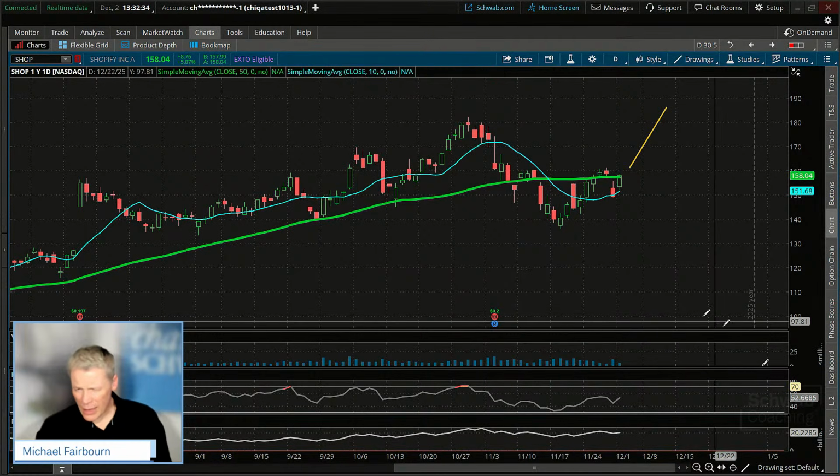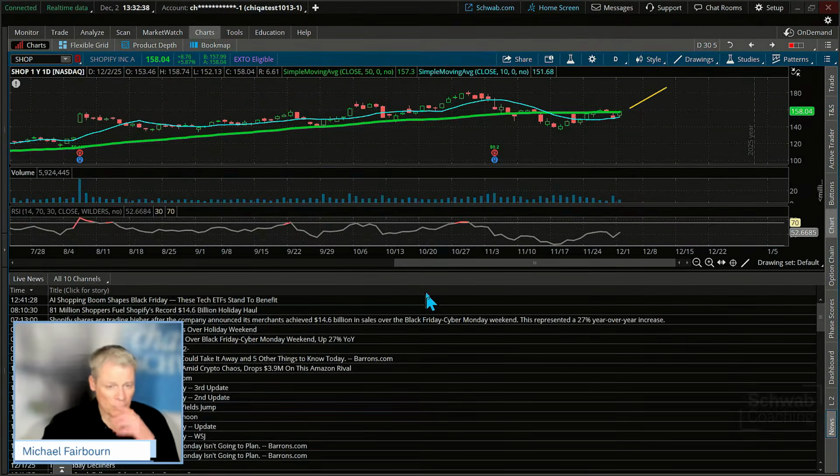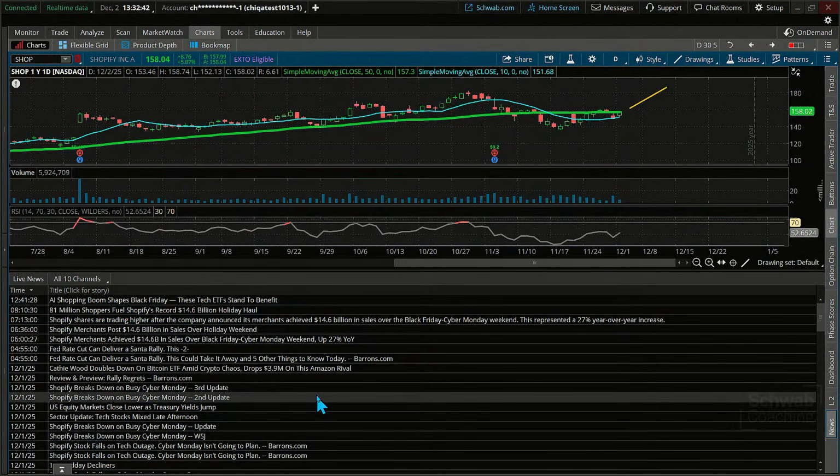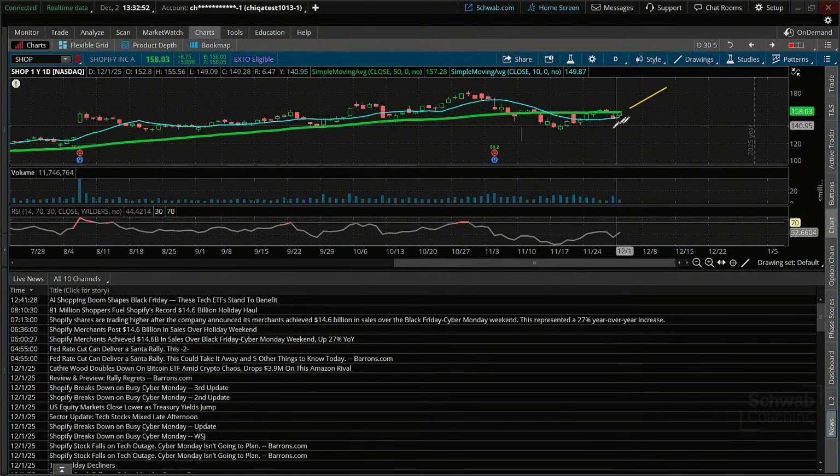So let's do this too. And I thought there was news on here. I'm going to go ahead and click over right on the right-hand side. Sometimes the retailers do really well. The year-end rally. We don't know if we'll get the year-end rally, right? They refer to it as the Santa Claus rally, but sometimes retailers, whatever the case might be, they can run and they might have setups.